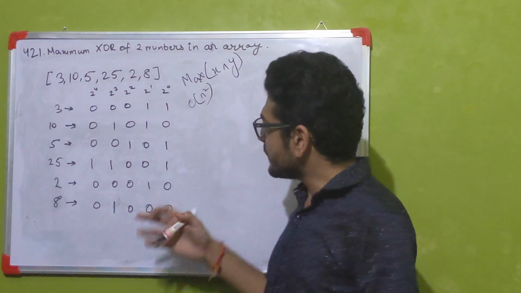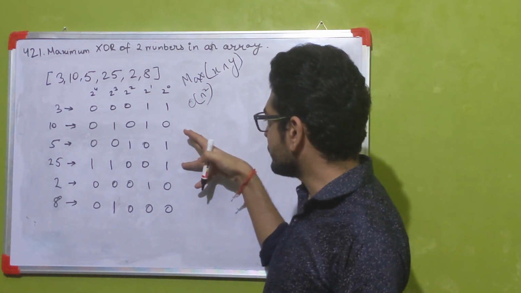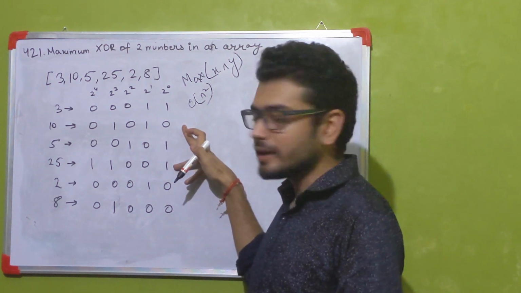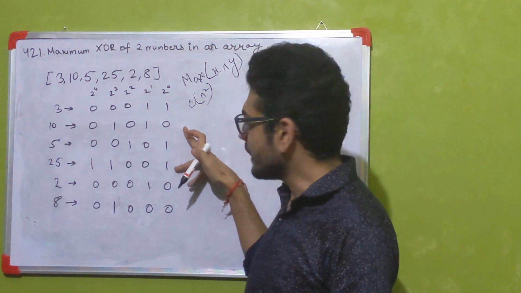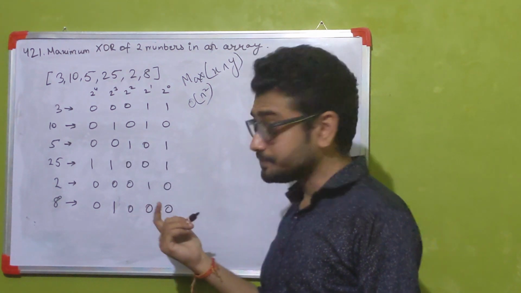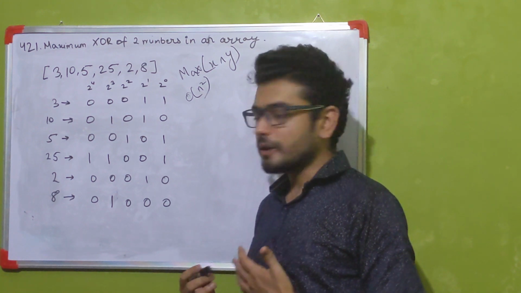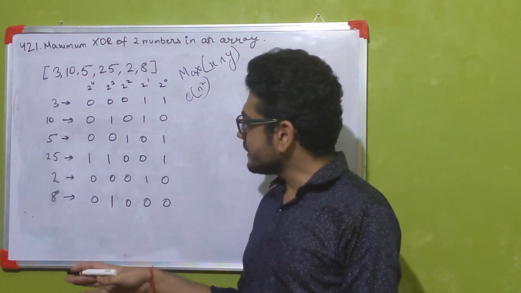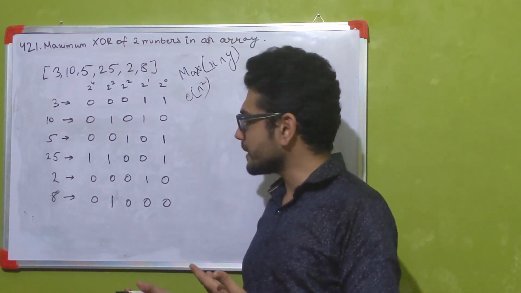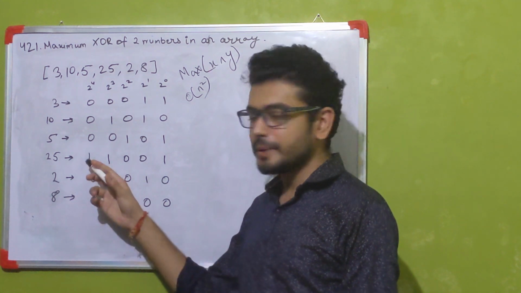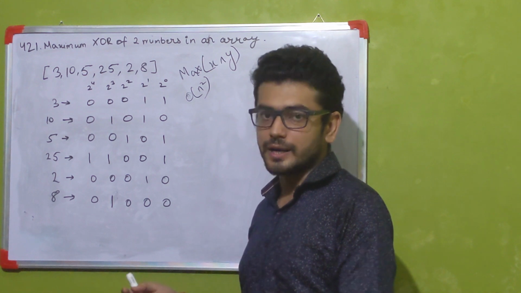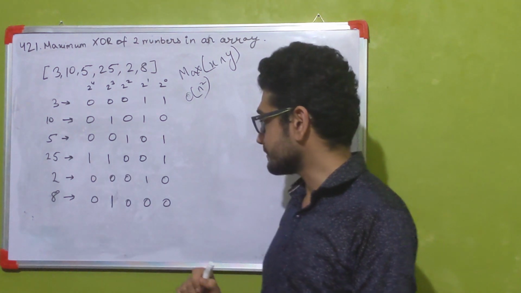If we remember, when we were finding the XOR of 10 and 25, at each position where the bits were differing we put a 1, and at each position where the bit was same we put a 0. Now let's take a greedy approach, where we try to find the pairs where the most significant bit is differing. We want such a pair because if the most significant bit is differing, then in the XOR of those two numbers the most significant bit would be 1.